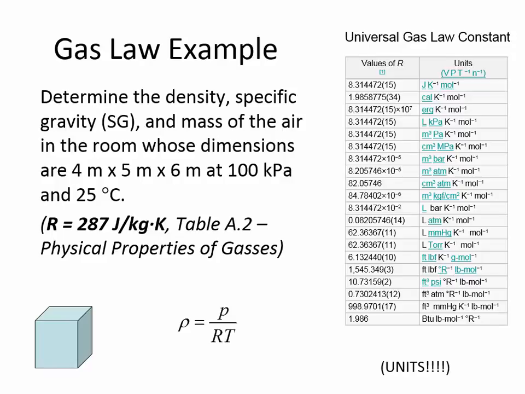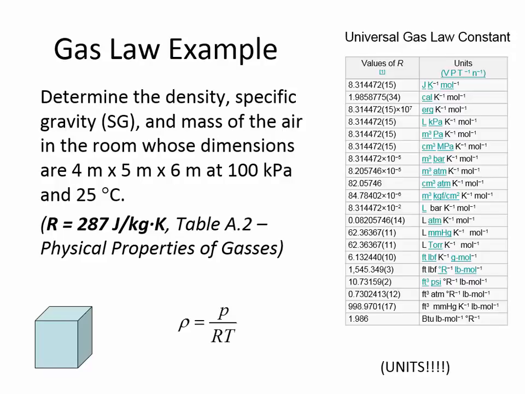And so now we can, from that, cancel out, and what we have is 287 meters squared per second squared Kelvin. This is the R value we're going to need to put into this equation and get everything to cancel out. Because we're going to put it in here. We're going to multiply by a temperature in Kelvin, so that will cancel out the kelvins in the denominator there. We're going to use